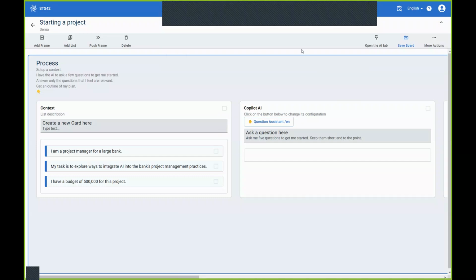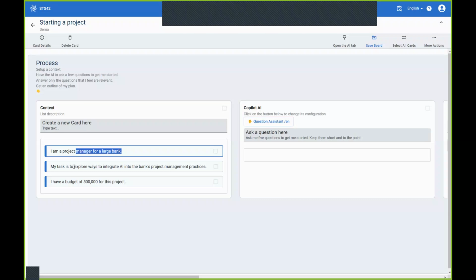Hello. Let's see how we can use STS, copilot, and agentic AI to quickly create an outline for a project. I will start with the context. Let's assume I am a project manager for a large bank. My task is to explore ways to integrate AI into the bank's project management practices, and I have a budget